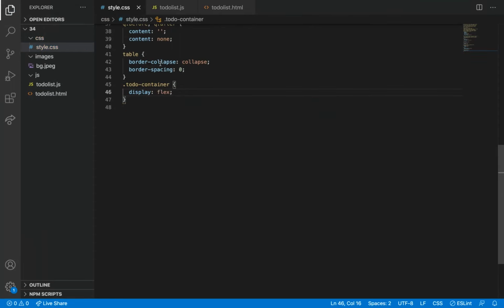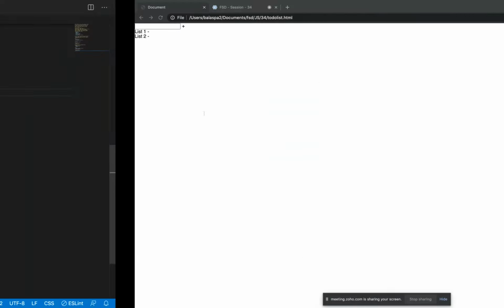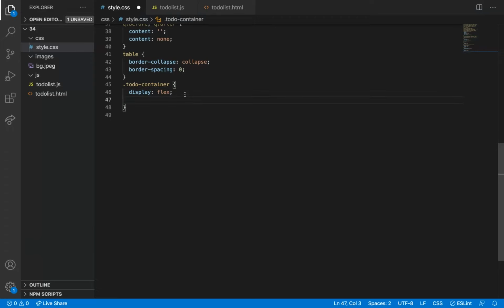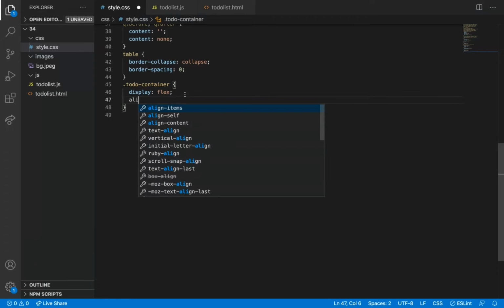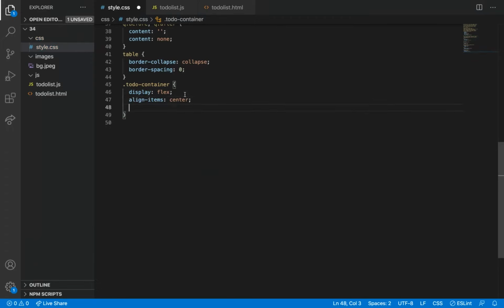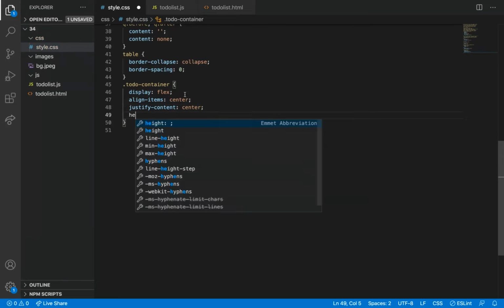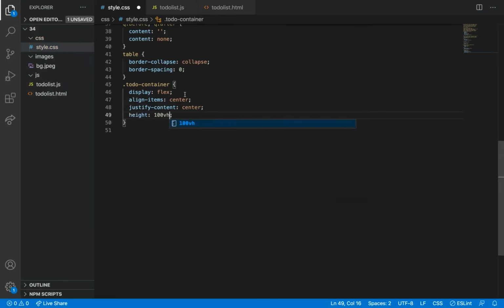Display flex, so I'm going to make it as a box and put it here. So display flex, align-items center, justify-content center, and then height will be 100vh. I already taught you this. Width should be 100%.